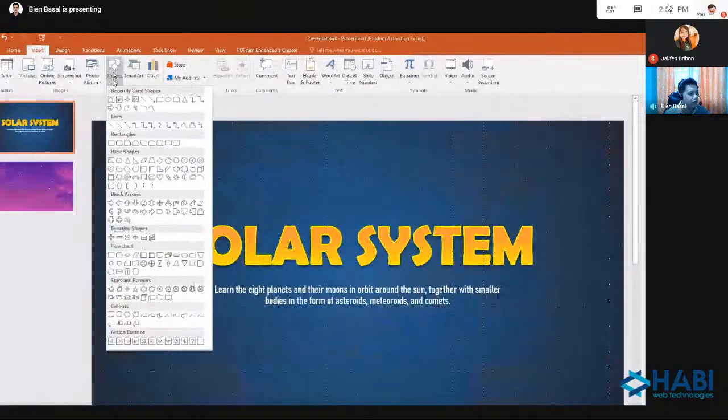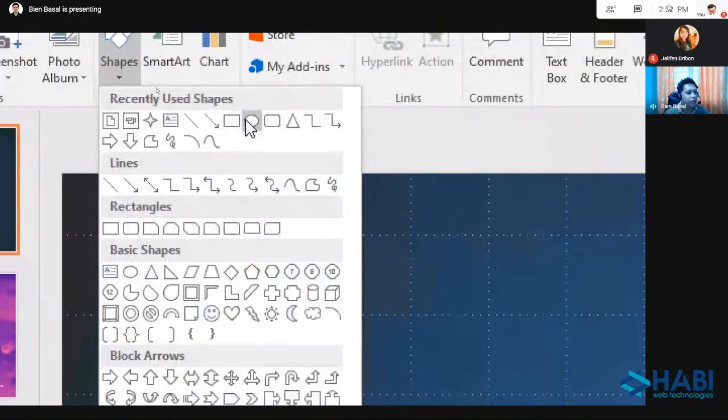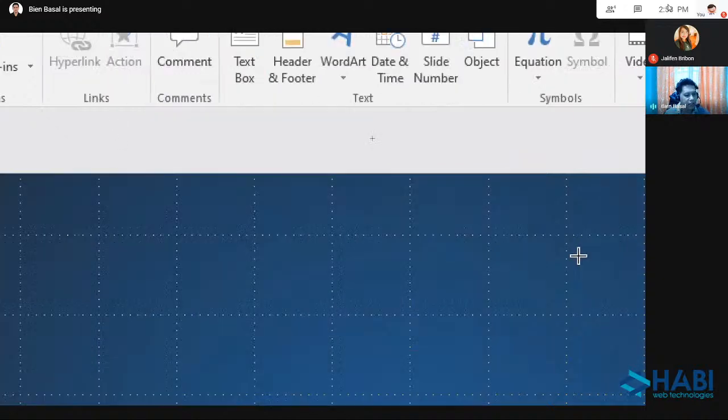Kailangan nyo rin pong i-explore to. Mukha lang po siyang ganyan. Mukha lang po siyang mga parang wireframe. Pero these shapes, very effective po yung mga yan. Especially kapag alam niyo po mag-design ng kaunti. Kasi po ako basic lang po yung alam ko pong gamitin. I will use this one. So we have rectangles. We have rectangles na rounded, rectangles na merong fillet, offset. Yan. I will use this one. Rounded rectangle. Yan. This video po is recorded.